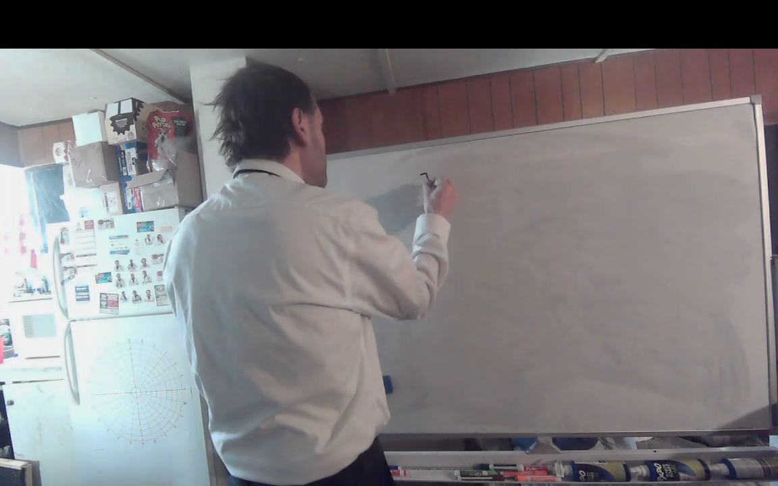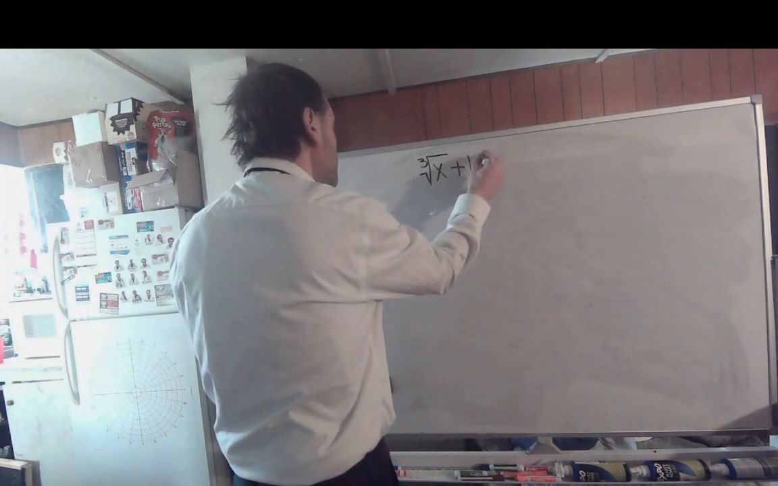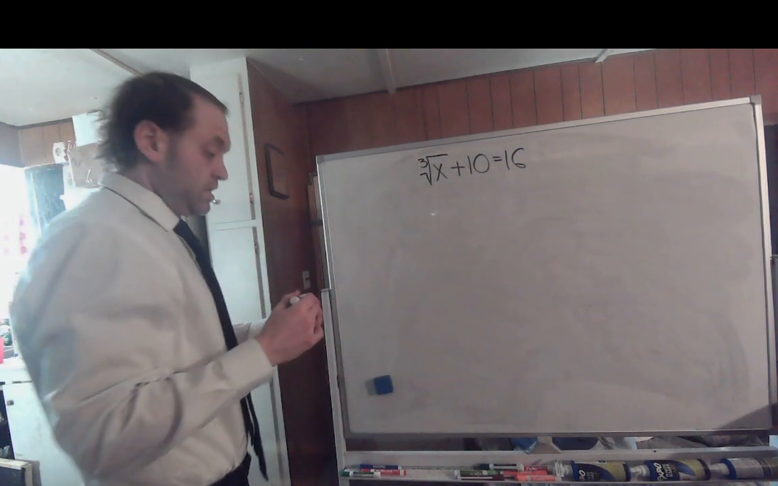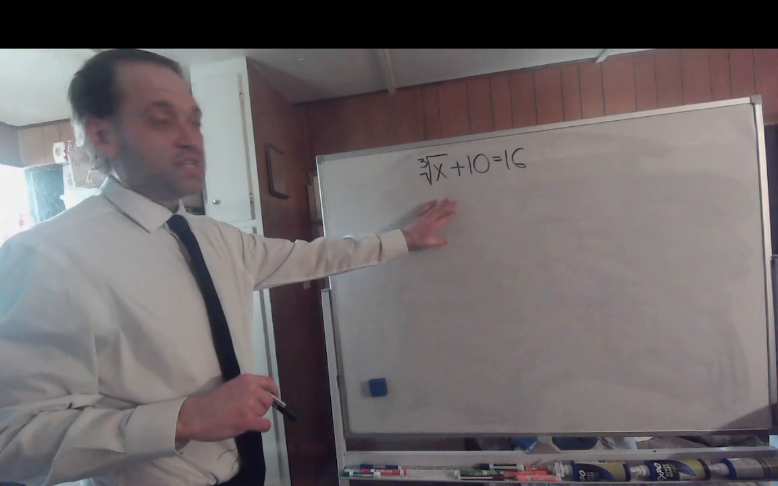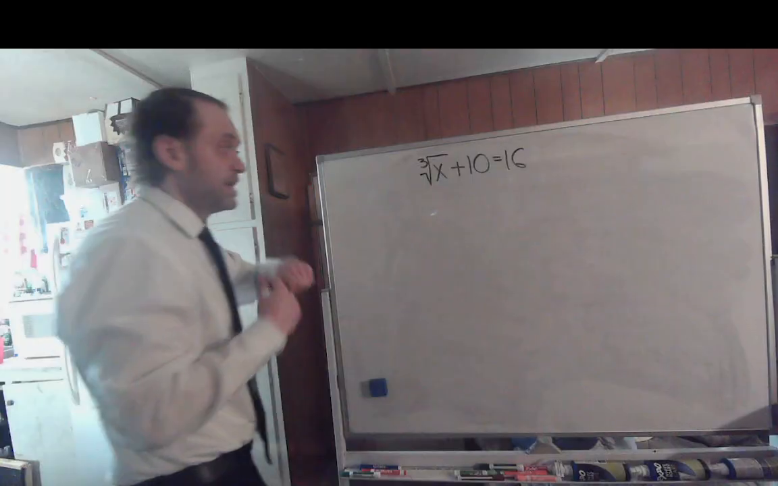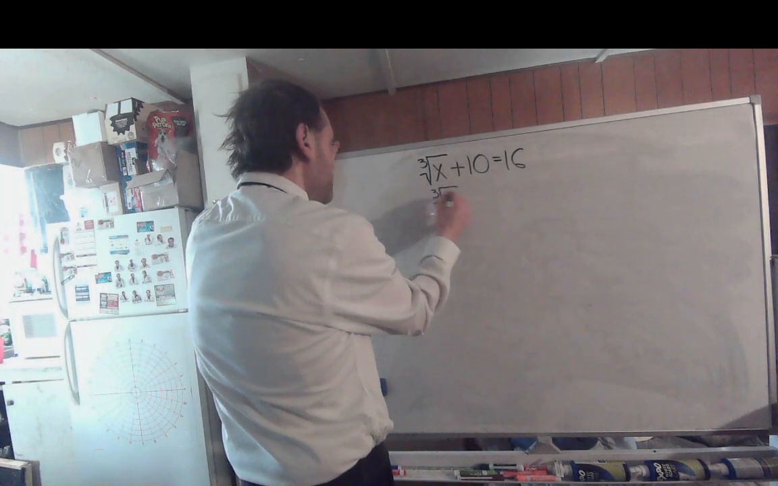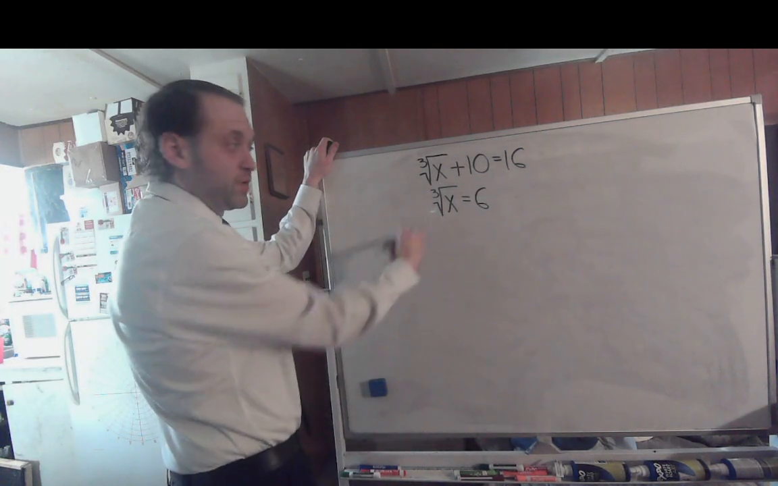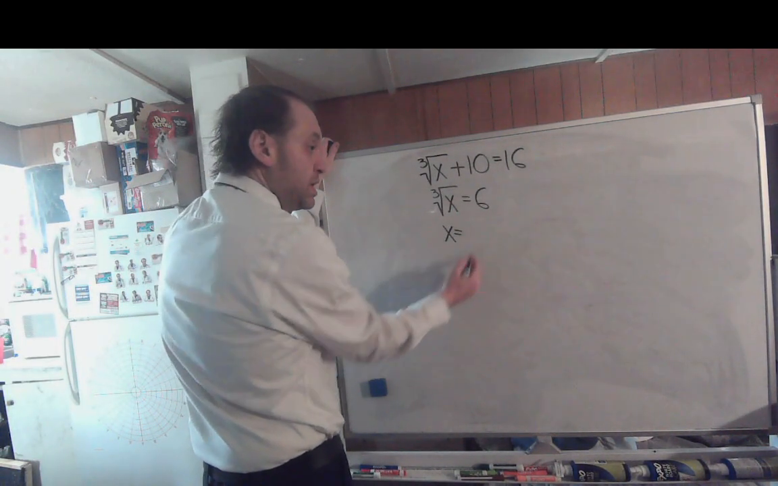Let's see, the cube root of x plus 10 equals 16. Well, I'm going to suggest first we get that cube root of x by itself. So subtract 10 from both sides. You'll get the cube root of x is equal to 6. Now just raise both sides to the third power. You would get x would equal